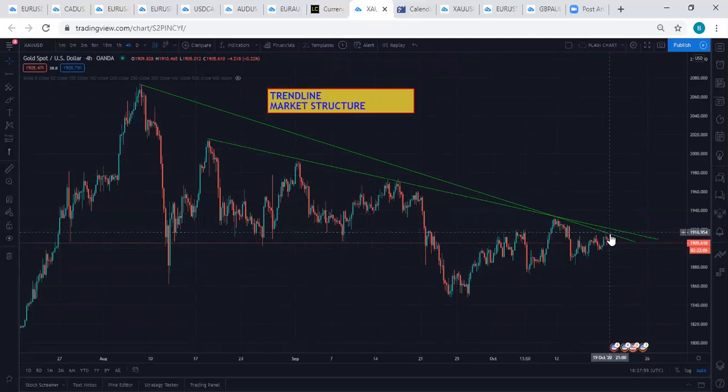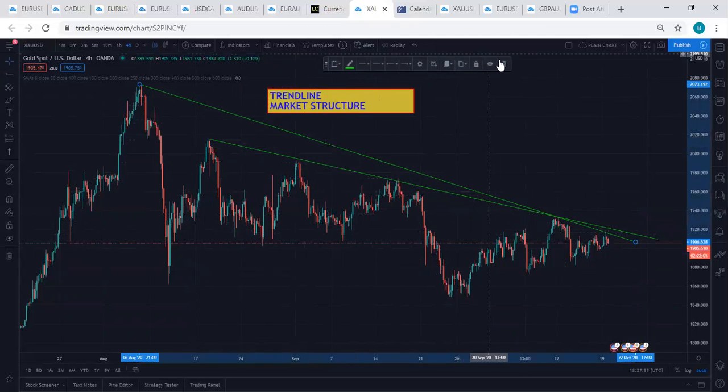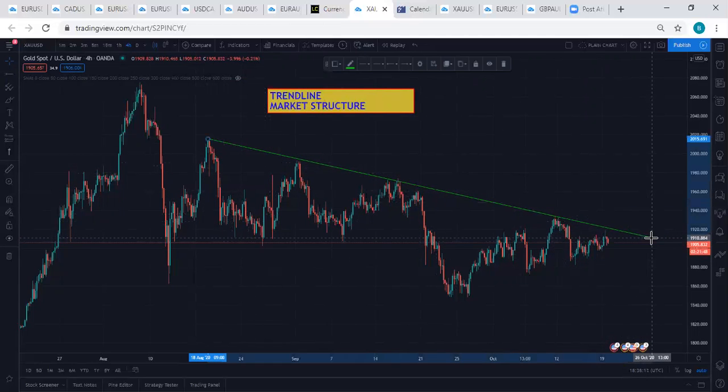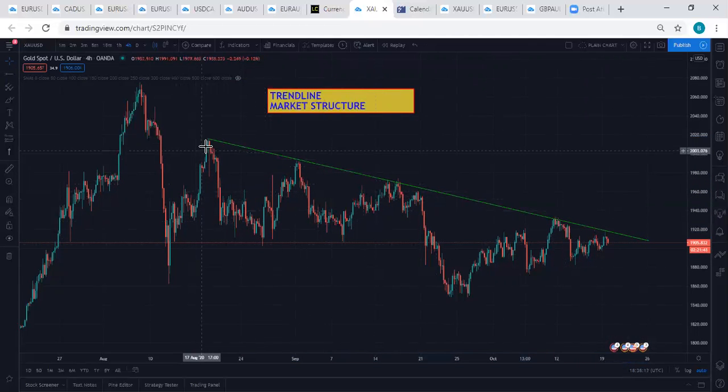This other one is also, if I remove this one now, let me show you something. So this one is even serving a better purpose. Why is this one serving a better purpose? Because this one has more lines, more places that the market is touching it. So I will choose to go with this. I'll just adjust it. So 1, 2, 3, 4, 5, 6 places that the market touched my trend line. And this is what we call a downtrend line.